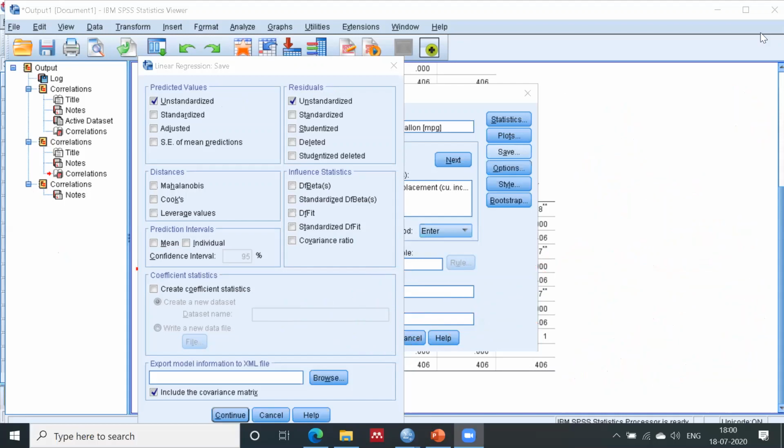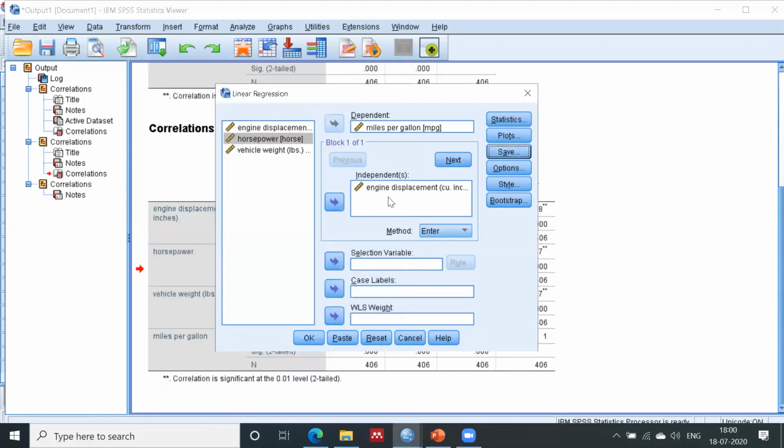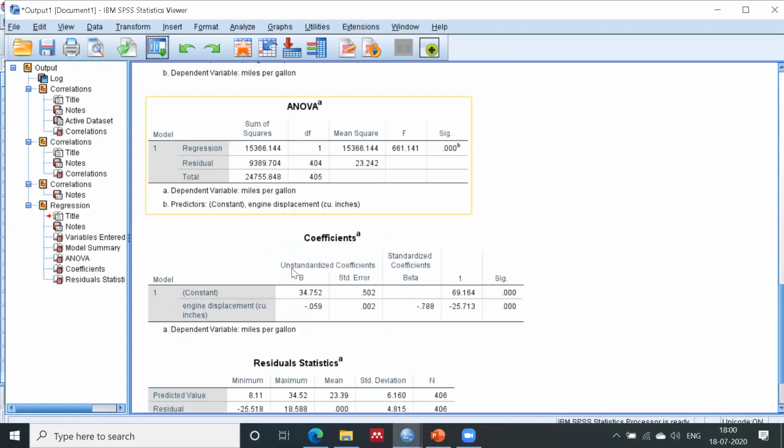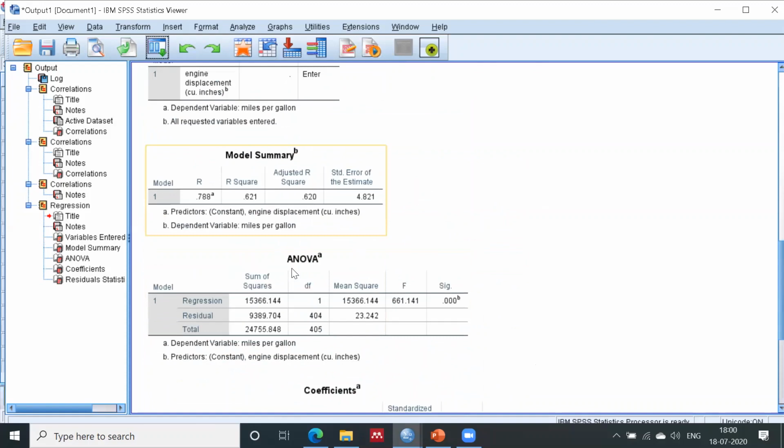Okay, thank you. Now for the time being I can check both options, standardized and unstandardized, residual and predicted value, and you can continue here. So make sure you are taking only one independent variable, right? Just click on OK. Now you will get the complete regression model, the bivariate regression model. Now what is this R square, adjusted R square? Can you please tell me what is the R? Any idea? What is the meaning of this particular R? The R is 0.788. What does it mean?